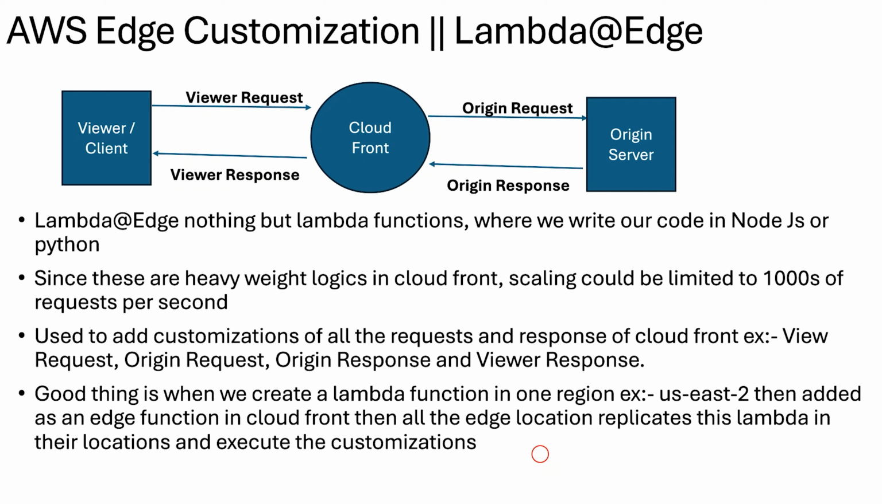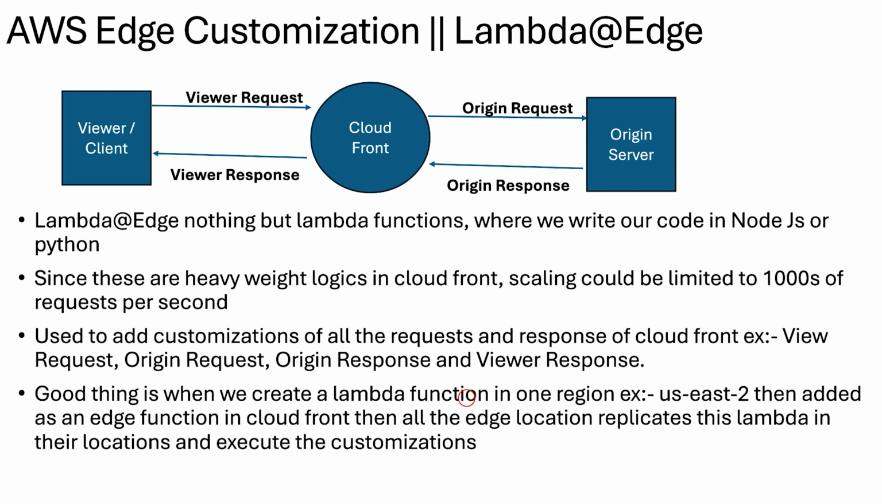So that was a good thing: the customization, the Lambda code, replicates by itself. You don't need to handle that. You just add it, use this Lambda function as your edge function, and that's it. This edge function can be replicated to all the edge locations. I hope you understand what Lambda@Edge is,